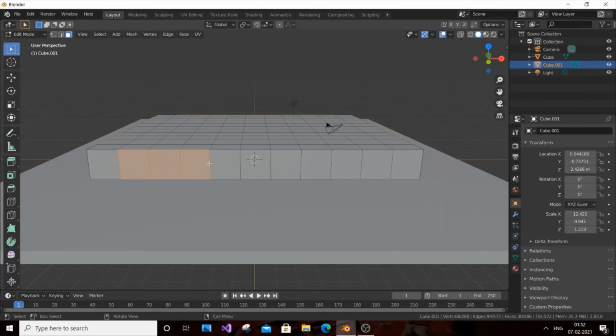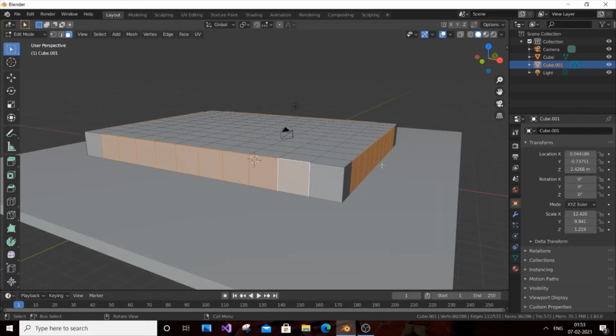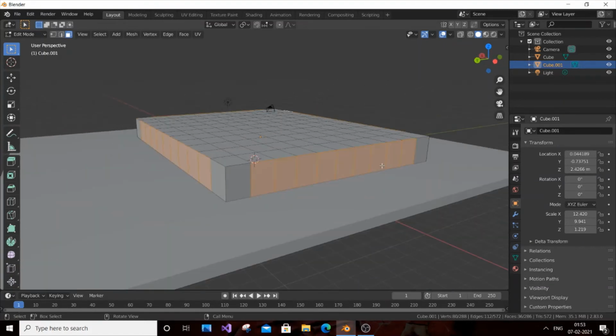Just a basic instruction: if you make a mistake like that, you can use Control plus Z. That's what I wanted to tell. And just press shift again and do the same thing again. Now don't press your mouse, just look around to check whether you have successfully selected everything.